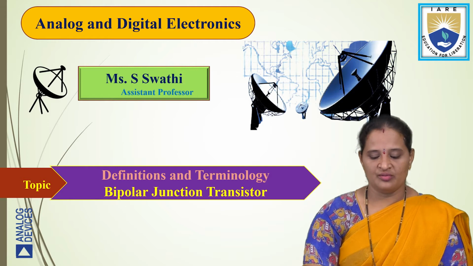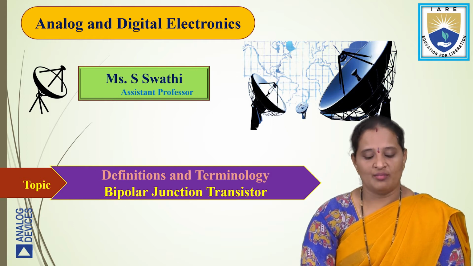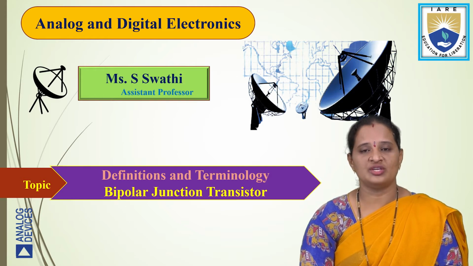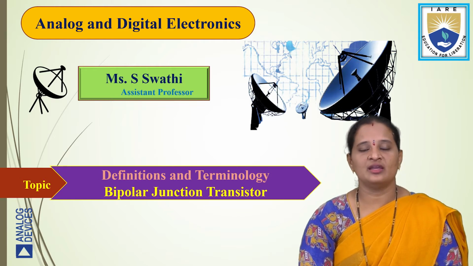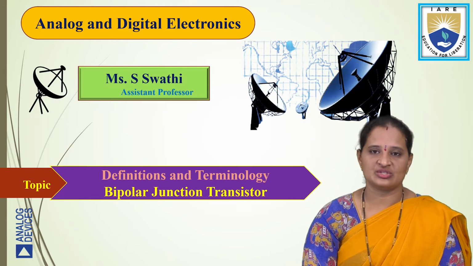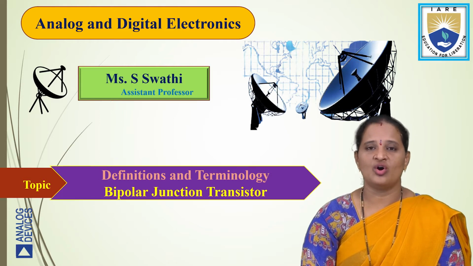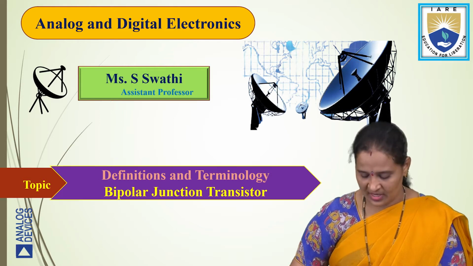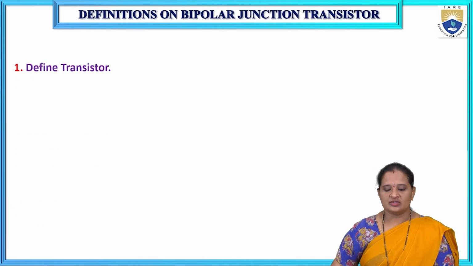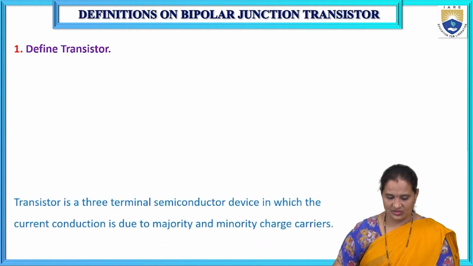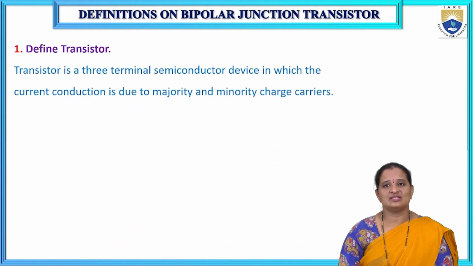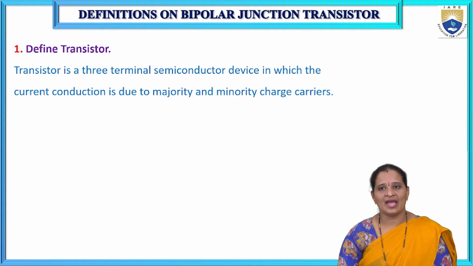In this lecture, we will be discussing some definitions and terminology related to module 2, that is regarding the bipolar junction transistor. Nothing but a transistor, or in short we can also call it BJT. So first of all, what is a transistor? Define a transistor. A transistor is a three-terminal semiconductor device in which the current conduction is due to majority and